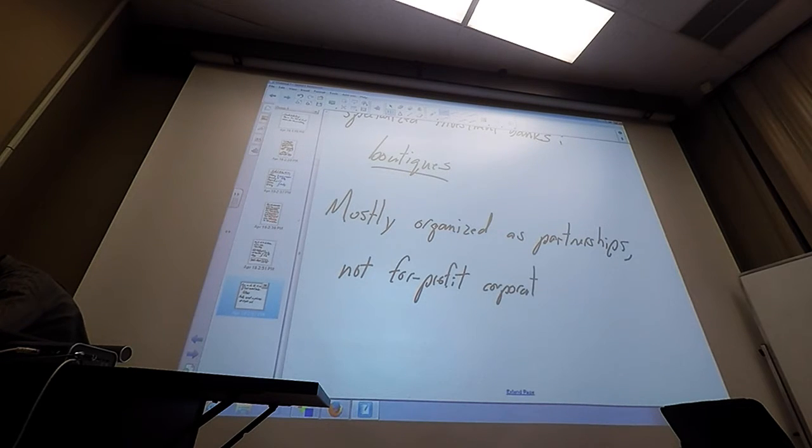Now, most of these small firms, it's hard to get information on them because mostly they're going to be organized either as partnerships or privately held firms, not for-profit corporations. So it's hard to actually look at their financials, because if you're not a public corporation, you don't have to file your financial statements, income statements, balance sheets, any of these other disclosures. You don't have a stock price out there. You basically can keep everything secret, and that's what most of these firms actually do. So it's kind of hard to see them, but there are a couple that you can get information on.